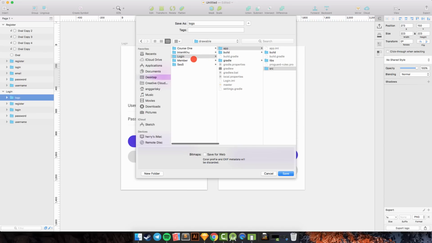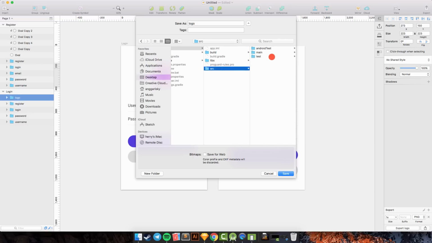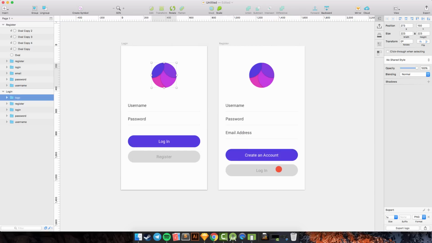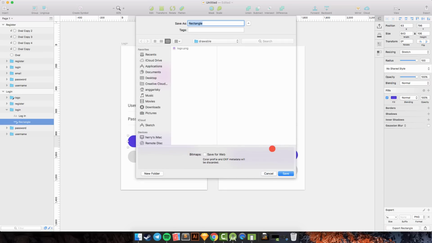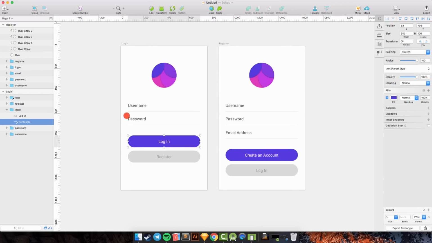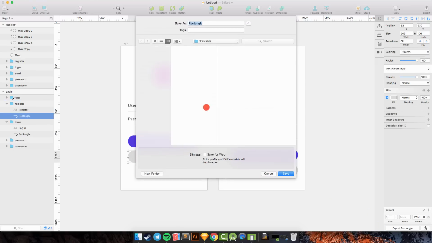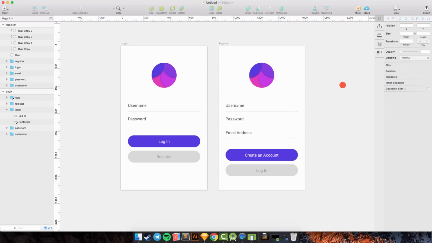So we create the member in Android. We can copy our image here, and we need the BG here, this BG rectangle, BG purple, and we need the BG silver here, BG silver.